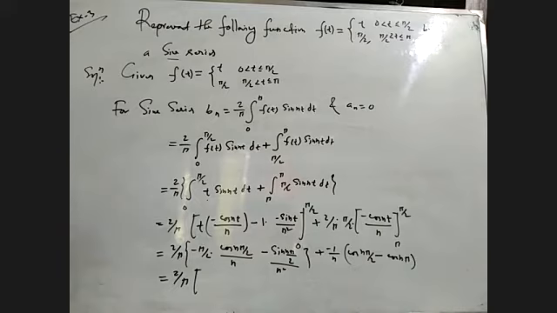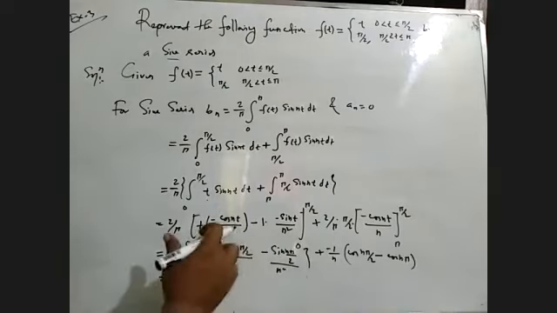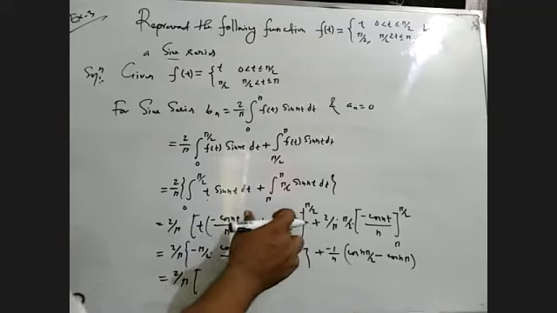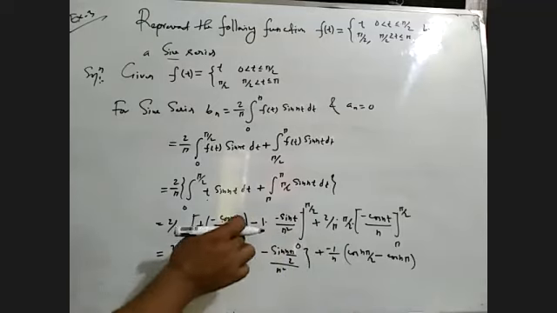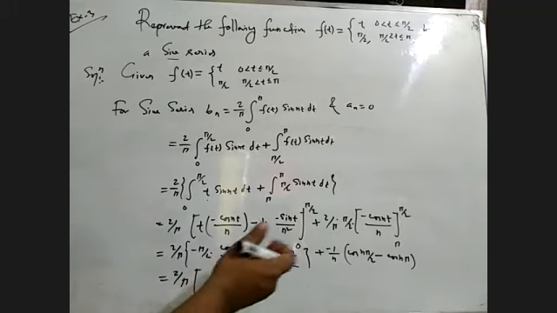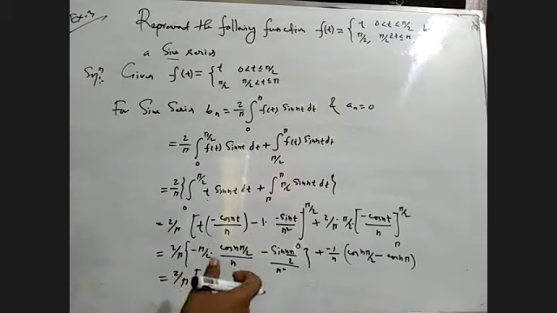The middle sign will be positive, sir: cos n pi by 2. The sign will be plus, minus minus plus, minus pi by 2 minus sine n pi by 2 by n square. This sign will be positive. For t equals 0, this is 0 and this is also 0. All the values will be 0 for that, which is why we have not put the t equals 0 value.